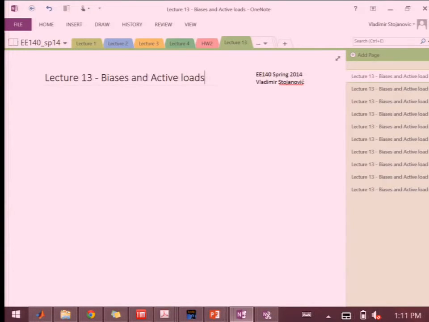We're going to continue today to wrap up the biases and add the active loads. That will help you when we move to the next section, which is going to be differential stages and how those are loaded with the transistors, and an intro into op-amps, because that's where we're headed, both in terms of lectures as well as the lab. Lab 2 starts next week, so we'll start with diff pairs and then build up toward the op-amp. Okay, so